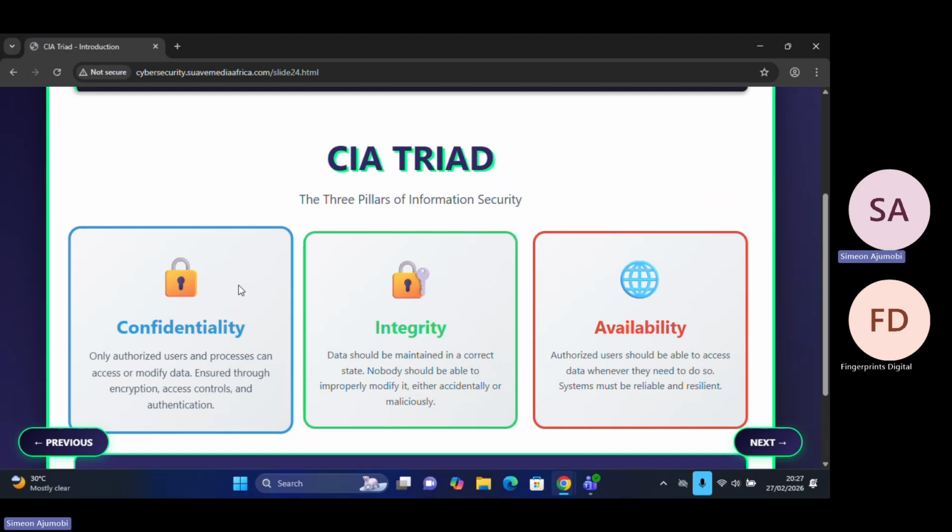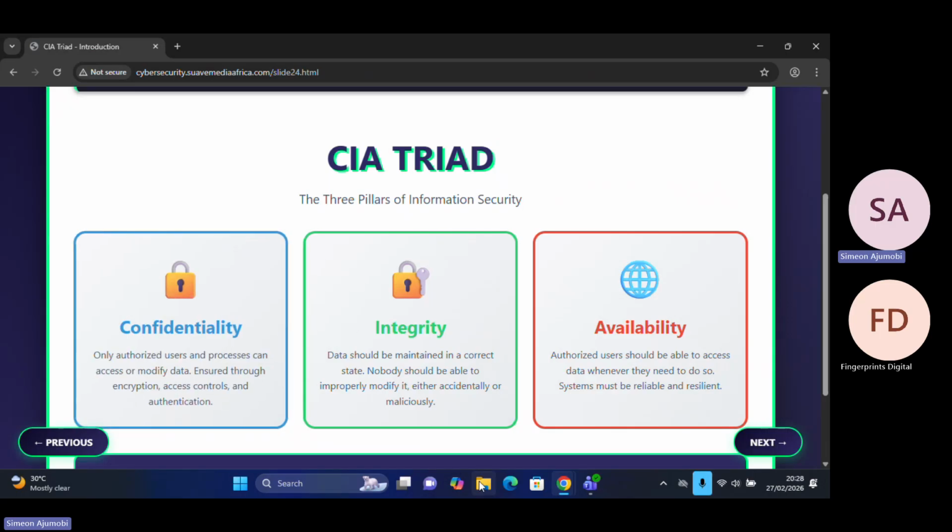Integrity means that at a particular time, data must not be tampered with. It must not be bigger than the normal expected information, and it must not be smaller than the normal expected information. For example, if you have a picture or a PDF file, and you send it to your boss to verify what you have done,